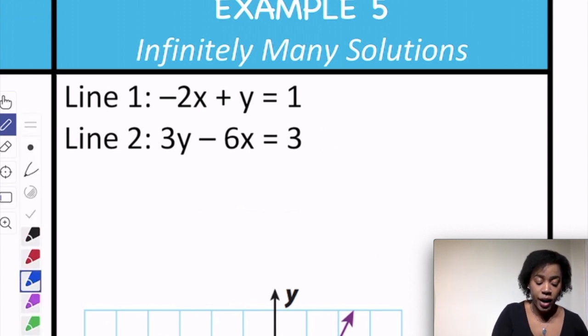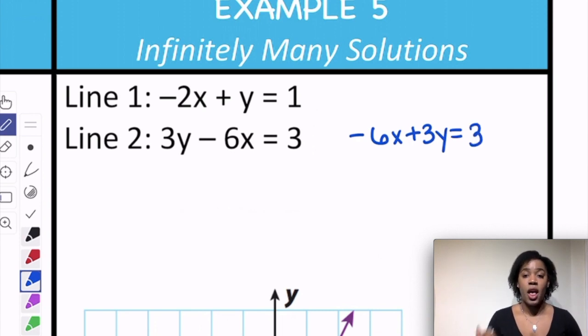So I'm going to rewrite the second equation, just rearranging my terms on the left-hand side so that I have x first and then y second, just so there's some consistency in the work that we've been doing. Now I'm just looking over at line 1 and I'm going to eliminate y again. Why are you surprised? In this system,